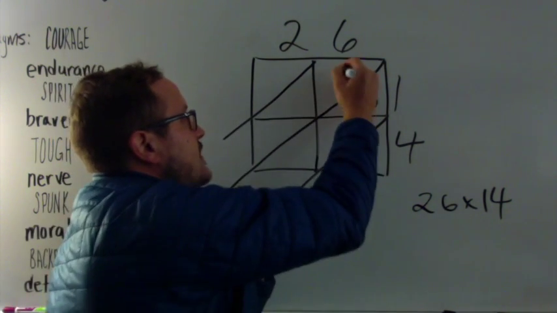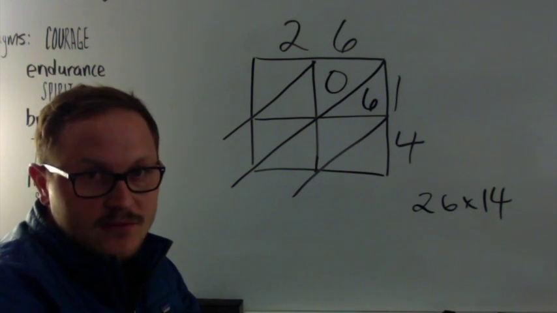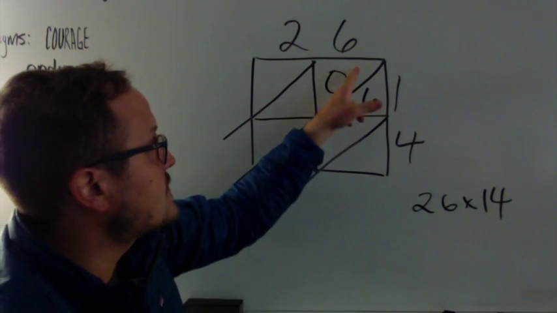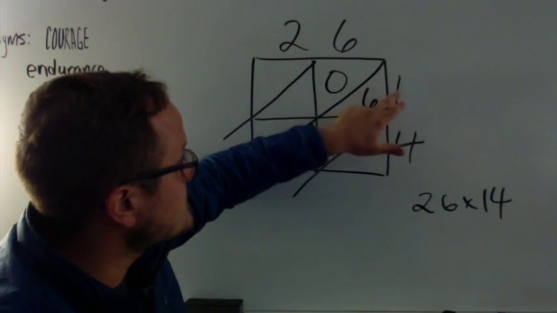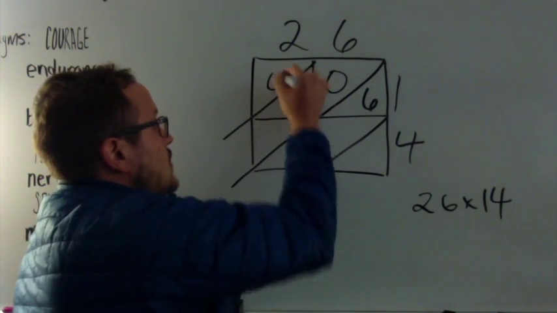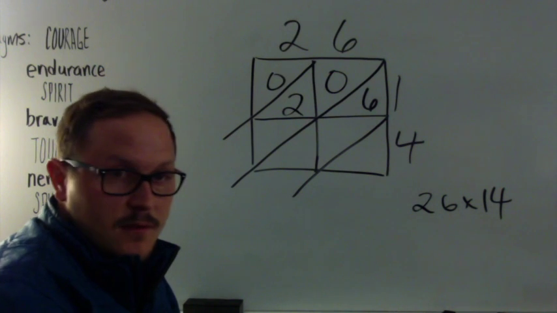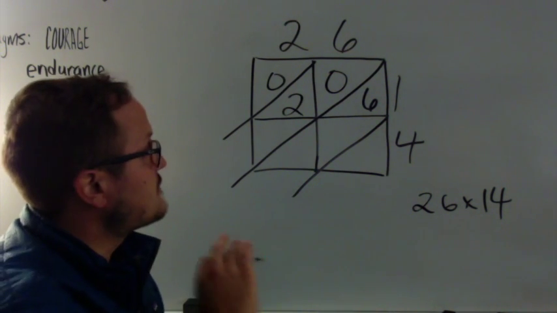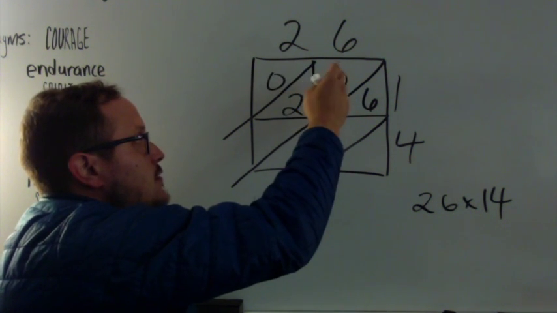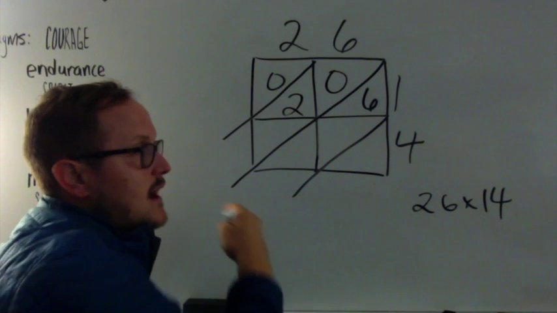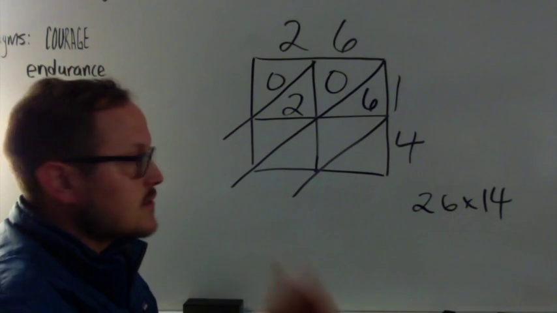This one is actually going to take a 0 for a placeholder. So if you have a single digit answer, it's going to be written as 0, then the single digit. In this case, 1 times 6 is 0, 6. 1 times 2 is 0, 2. The only reason we do that is just to make sure that the triangle is full with a digit that includes no value. Thus, when they add the diagonals, there aren't any mistakes or any holdups,